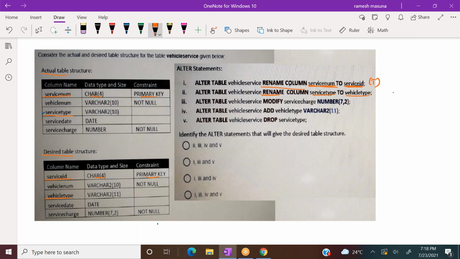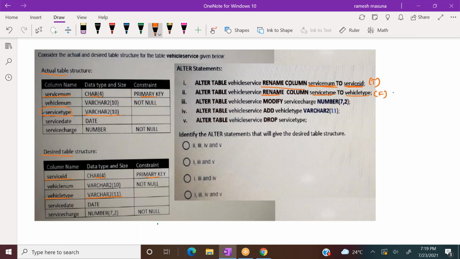Yes. But what is the domain name? Varchar2 of 10. Here, what is the domain name? Varchar2 of 11. It means it is not renaming the service type column. If it is to rename the service type column, the domain should not be changed. But here the domain is changed. That's why this statement is false.